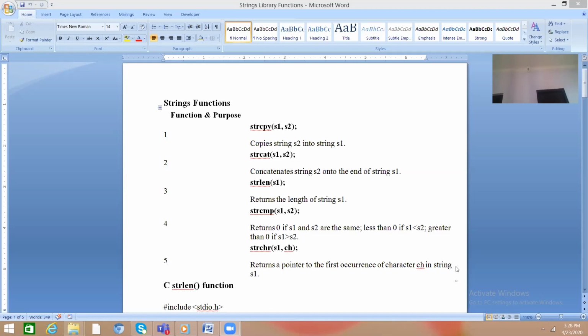If you use these types of library functions for strings, you cannot use your logic here. You just use library functions to make a program. It is obvious that using these library functions programs will become very easy, but the problem is that the logic is always required